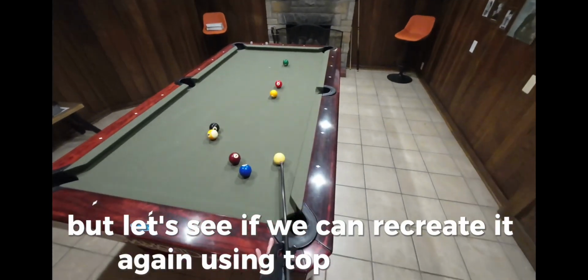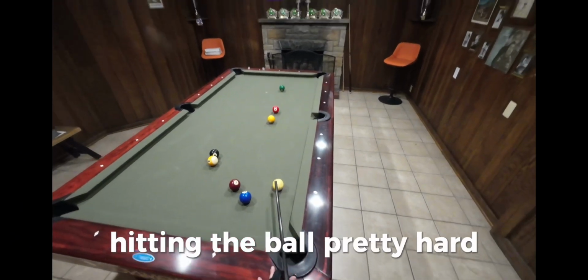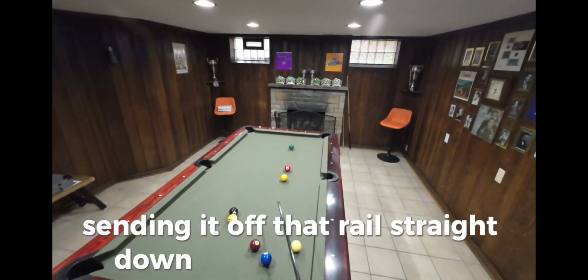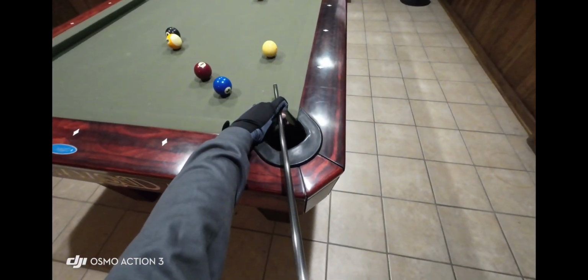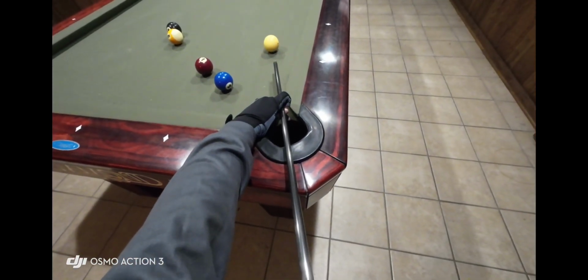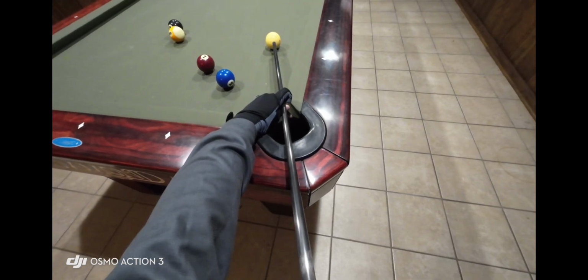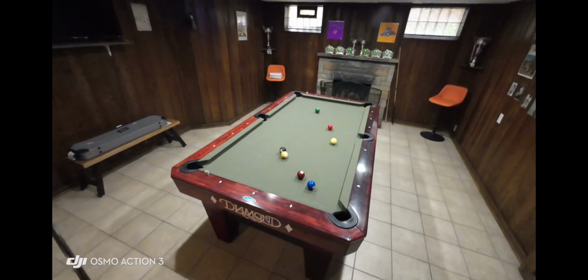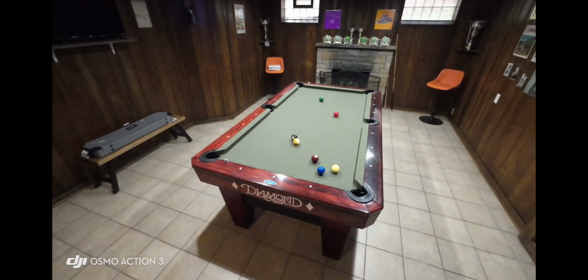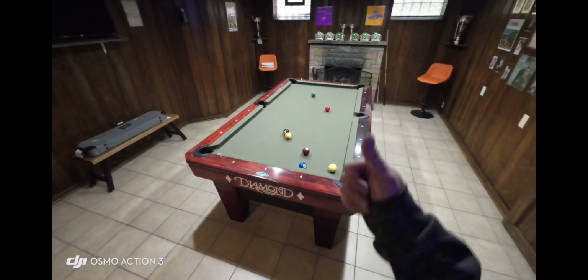Again, using top right spin, hitting the ball pretty hard, sending it off that rail straight down to break up the 2. And just like that,